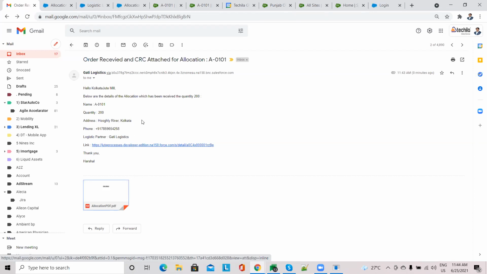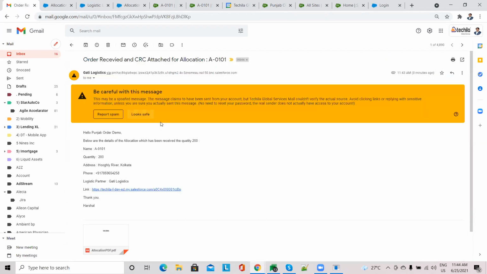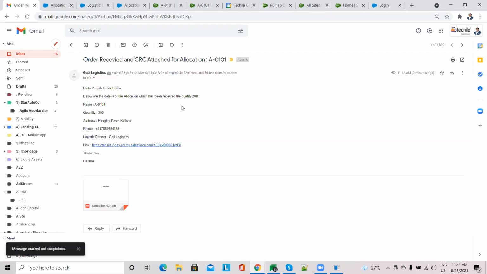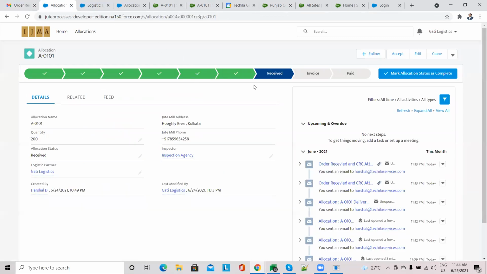Now, as soon as this attachment is done, the invoice has to be raised. So a jute mill officer will come to this record from their portal, and they will click on invoice.